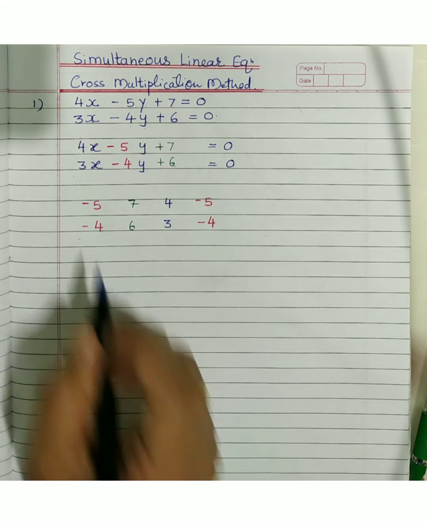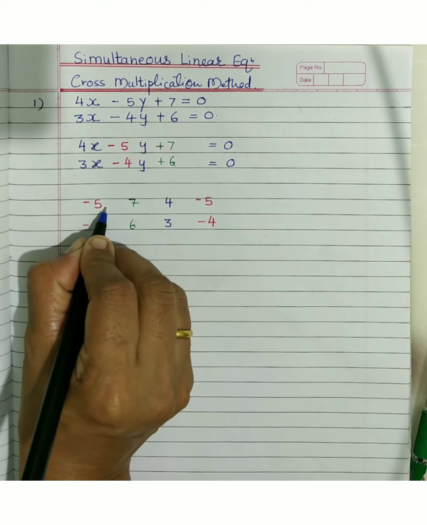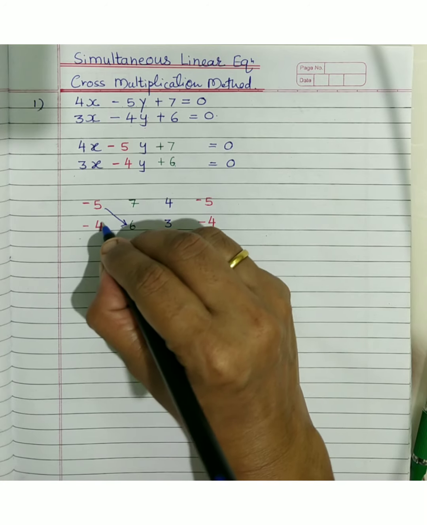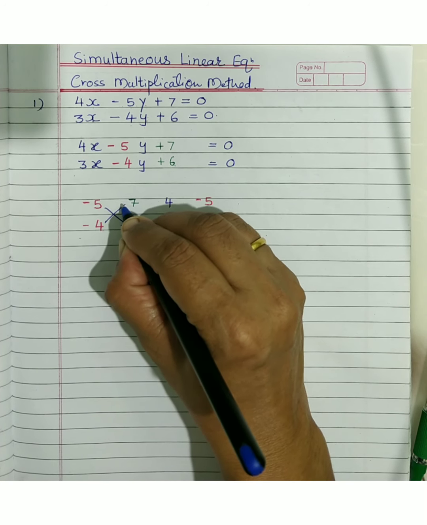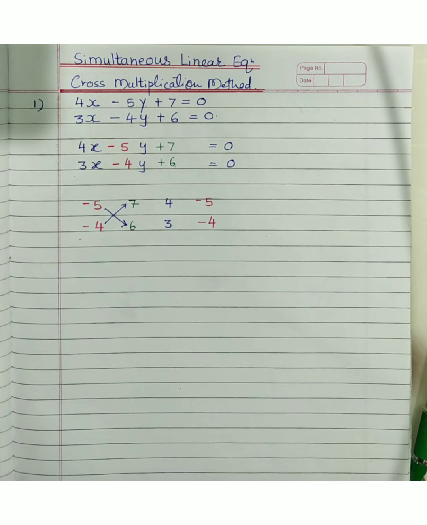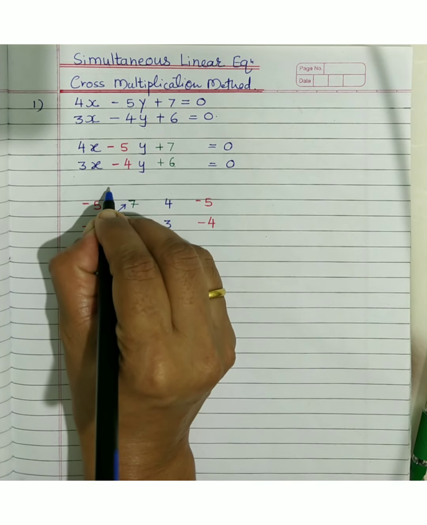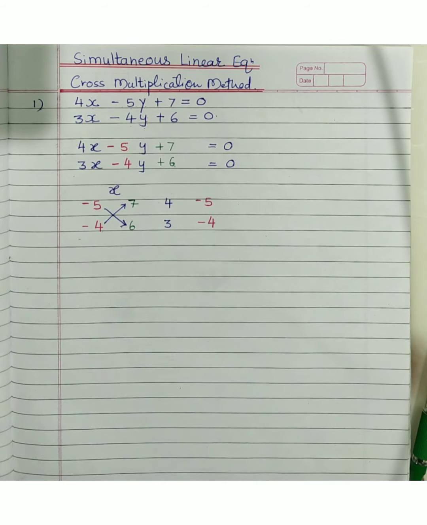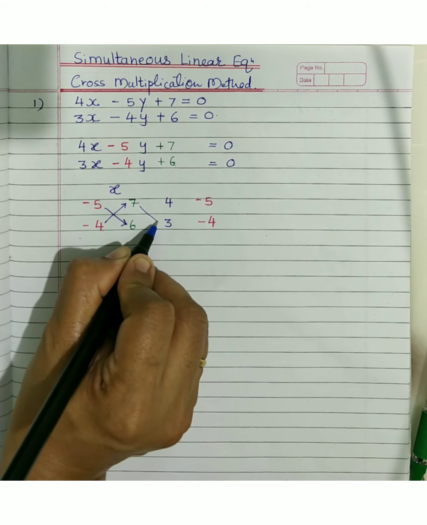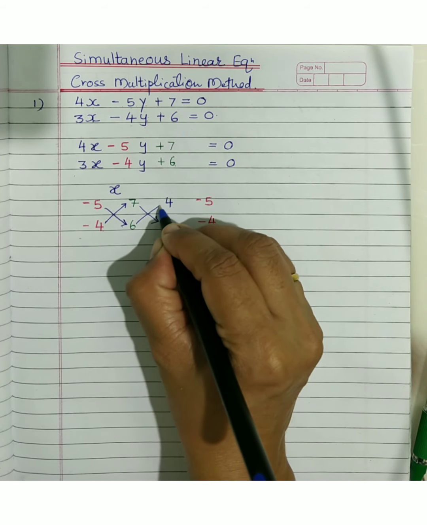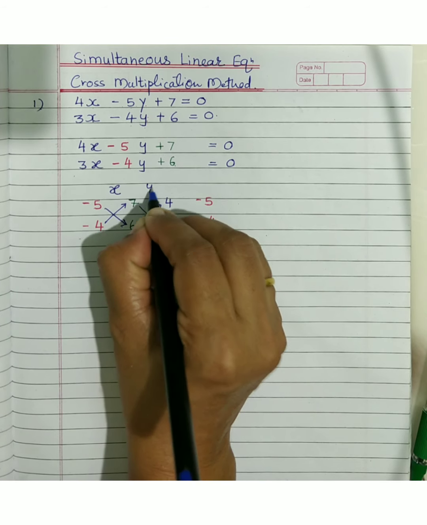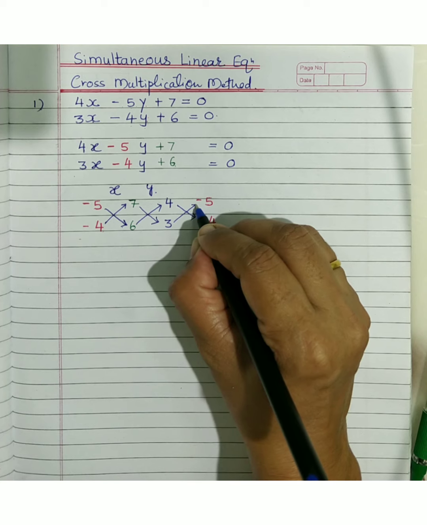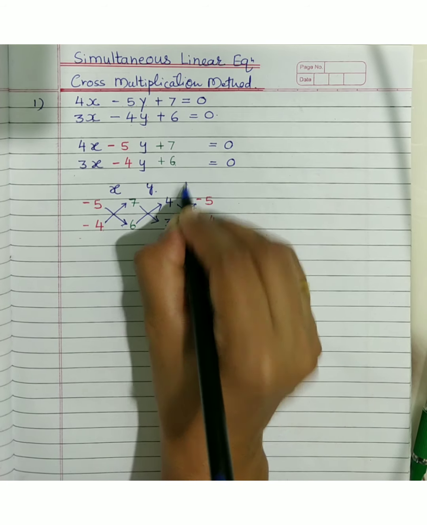Now let's see why we call it a cross multiplication method. We do cross multiplication, so simple. So this is the first cross multiplication pair being formed here. And here we are going to work with this to find the value of x. Second cross, in a similar way. Here we are working for y. And this is the constant term. What is the coefficient of the constant there? No coefficient there, so it is always 1.